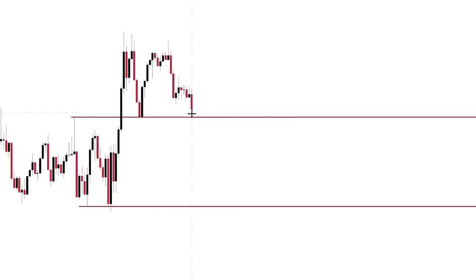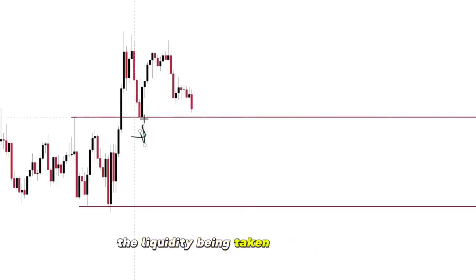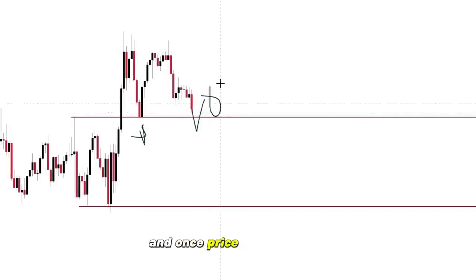So what you're waiting for is this level to be taken out. The liquidity being taken out right here, price coming down and closing bullish. And once price goes bullish, you can take your entry. And again,